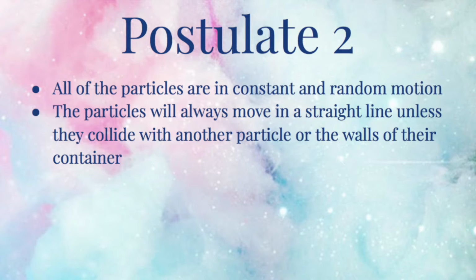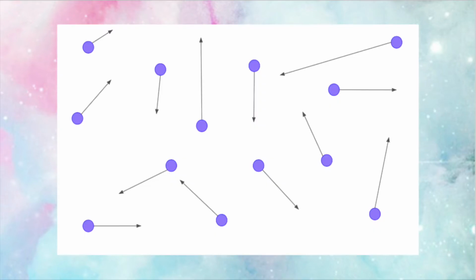It states that all of the particles are in constant and random motion. Essentially, they never stop moving. This means that the particles will always take a straight line path unless collisions occur with other particles or the walls of the container. Going back to our visual representation, we can add in the second postulate by drawing in